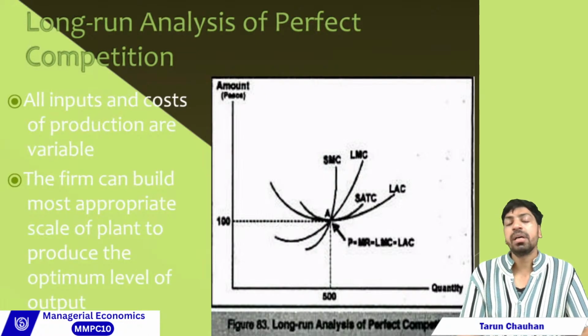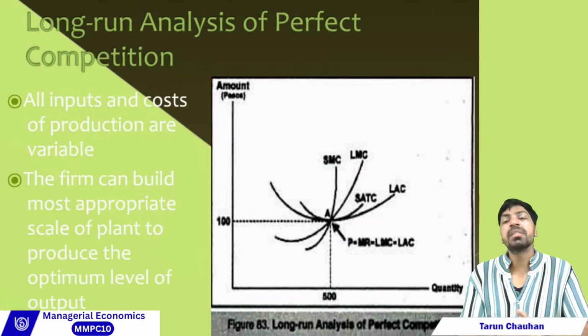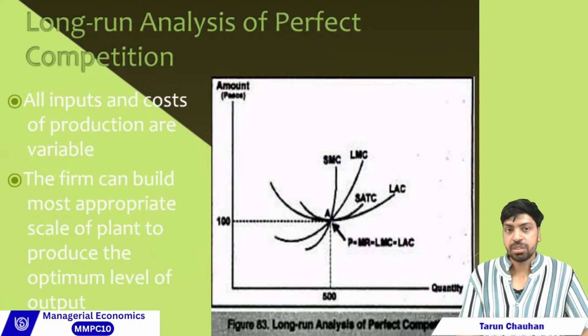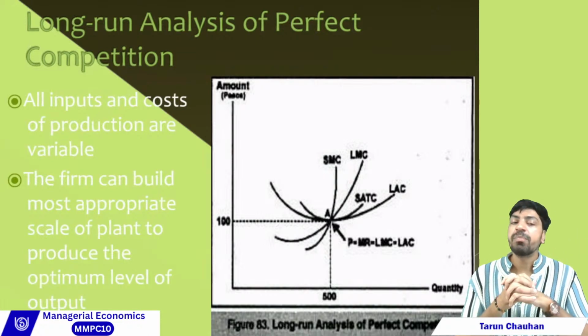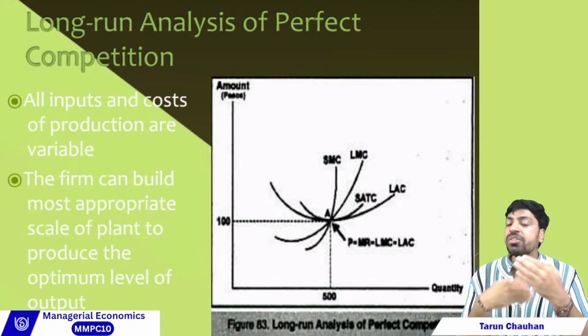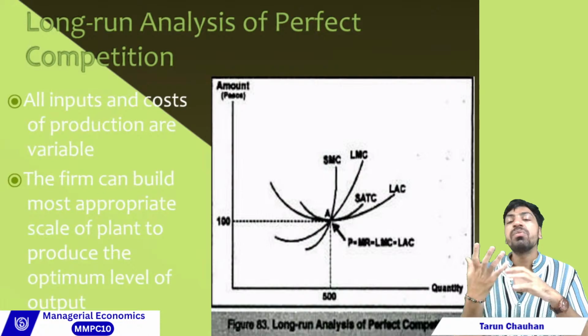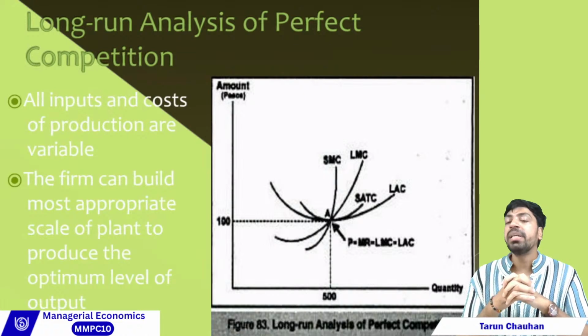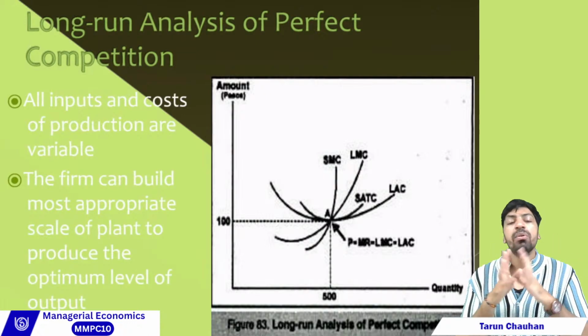So this is called the particular cost curves analysis under the long run in case of perfect competition, where all the inputs and cost of production will change. Firms can develop a more appropriate scale of plant so that they can produce the optimum level of output, where you can see this point, the equilibrium point, is the point where the firm can produce the optimum level of output, and they can build a more appropriate scale of plant